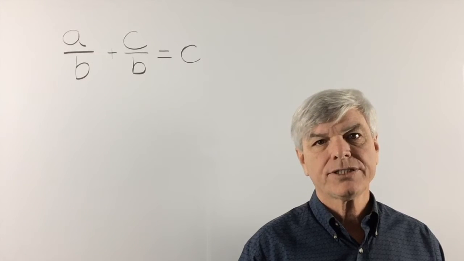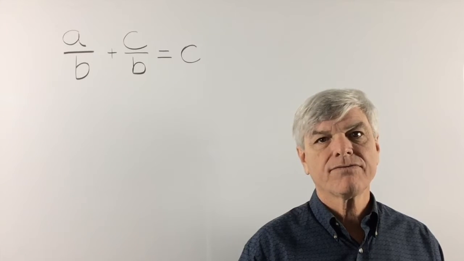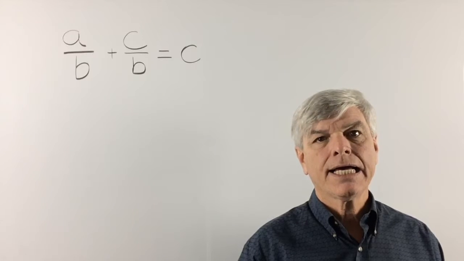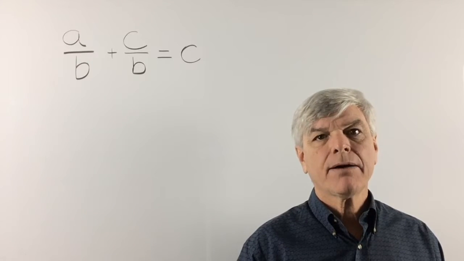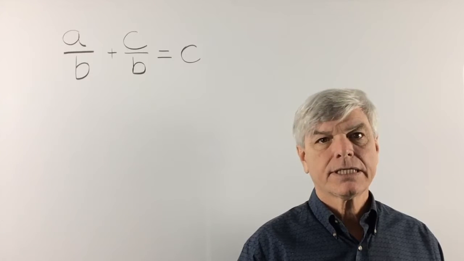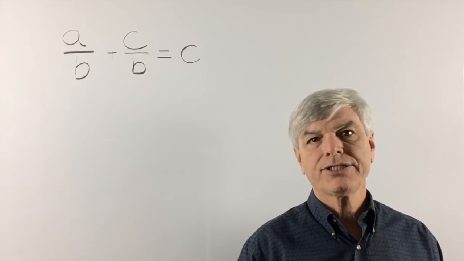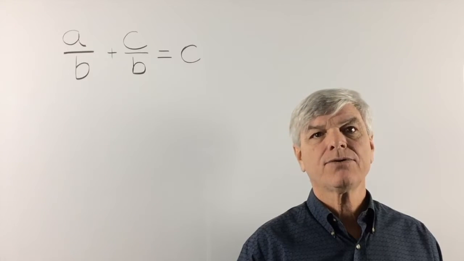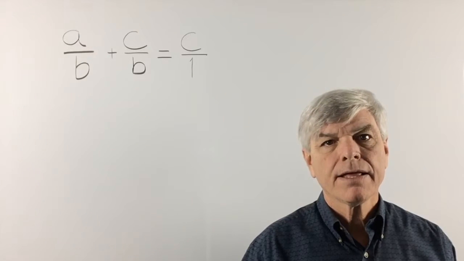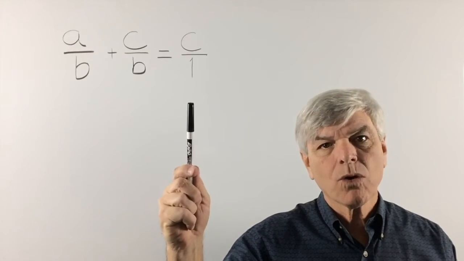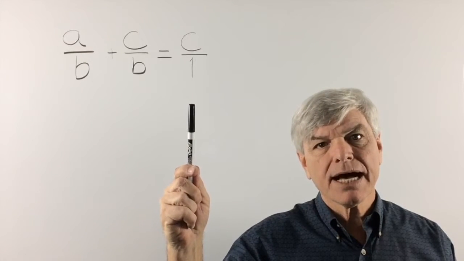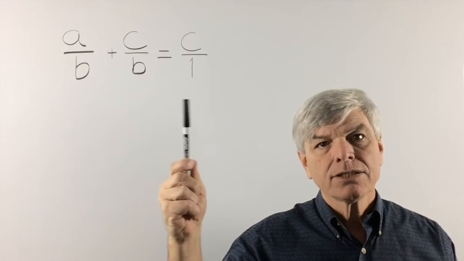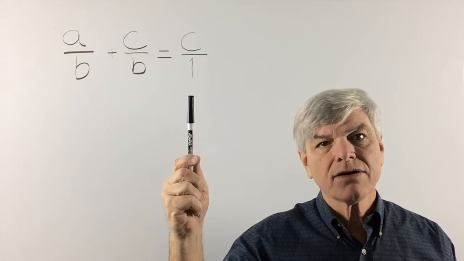Now we have an equation with several fractions, with several variables, and we are going to solve for a. Now what did we say about fractions in an equation where one of them isn't a fraction? Turn it into a fraction. There we go, c over 1. And we're going to need a common denominator. The common denominator is going to be b. So we're going to multiply c over 1